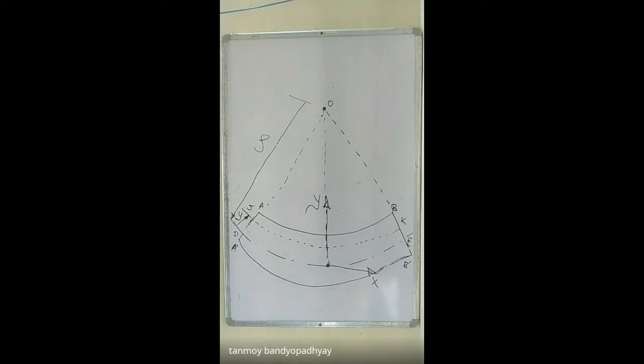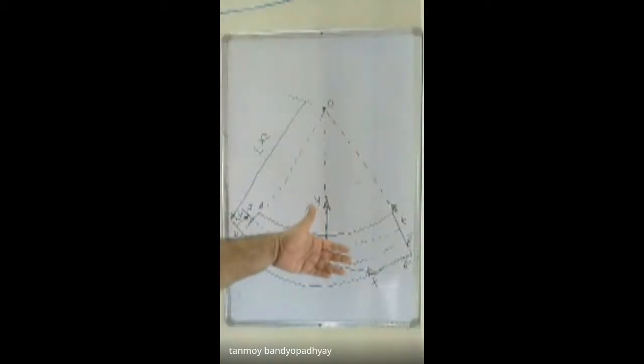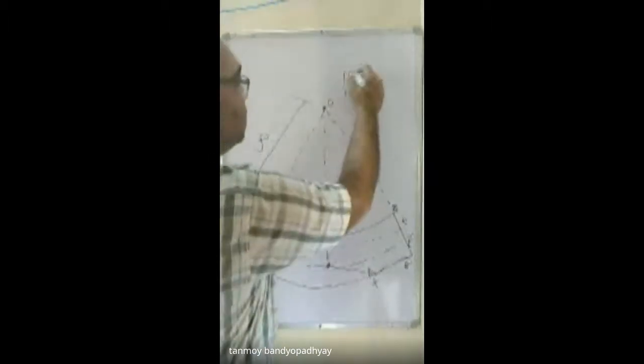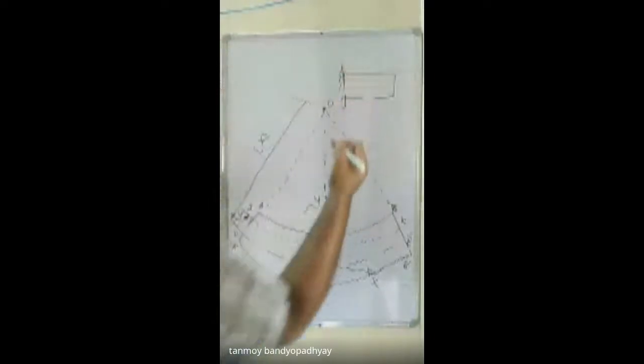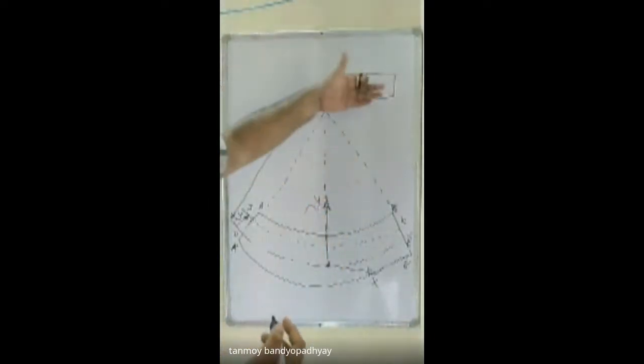You can understand that a beam is a 3D object. So I am looking at this beam from the front side. You are looking from the camera at the beam from the front side, so you are actually looking at it in the XY plane. Whenever we do problems on beams, it's a general procedure. Suppose I am having a beam. When you look at a beam from your end, you will be seeing something like this. You have started drawing.